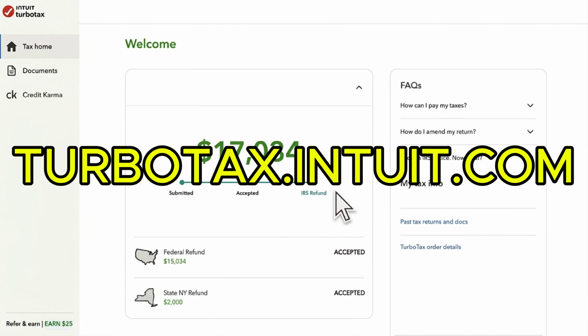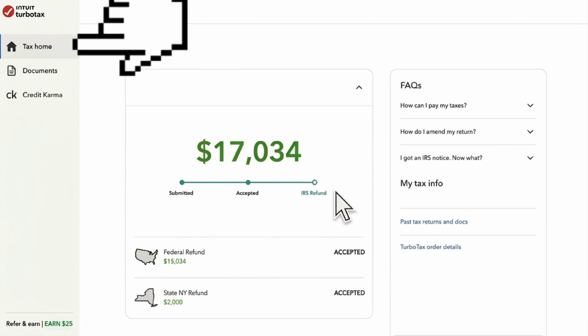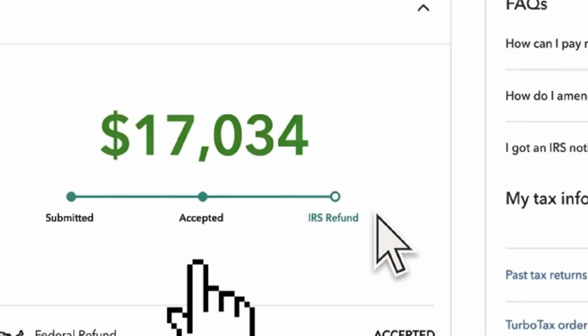After signing in to your TurboTax account under TurboTax.intuit.com, you may click on the Tax Home button and make sure whether your return was accepted by the IRS already or not. And to check or track your federal refund after your return was accepted by the IRS, on